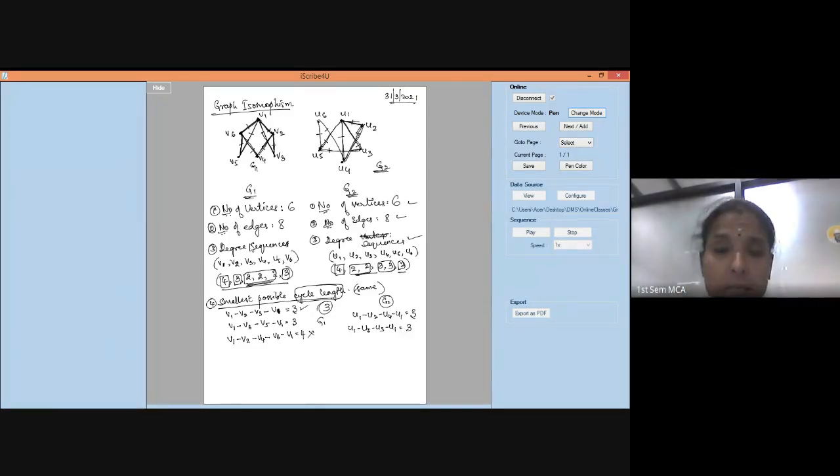You may have many cycles. Each cycle length may be different, but you should see that the smallest cycle length is the same among both the graphs. That's all we are worried about. We are not bothered about how many cycles there are or the length of each of these cycles. You may have a cycle length of 5 or 6, that's all okay, but you should always check whether the smallest possible cycle length is 3. So the smallest possible cycle length in graph G2 is also 3, and this property is also satisfied.